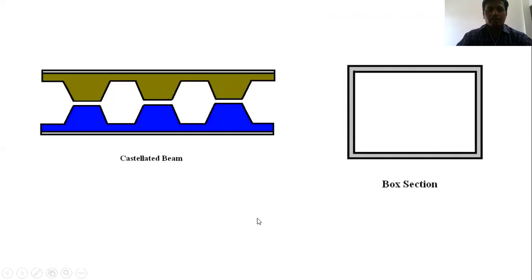So this is the castellated beam also. Castellated beam is another type in which the web has open spaces, that is, you can see a hexagon.